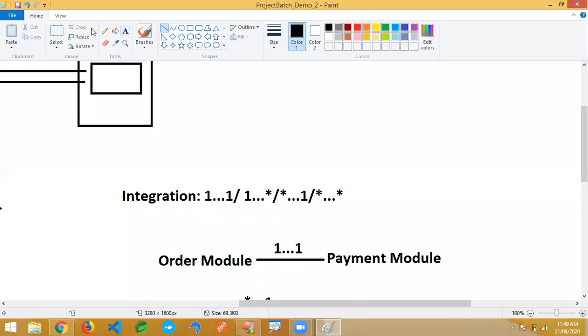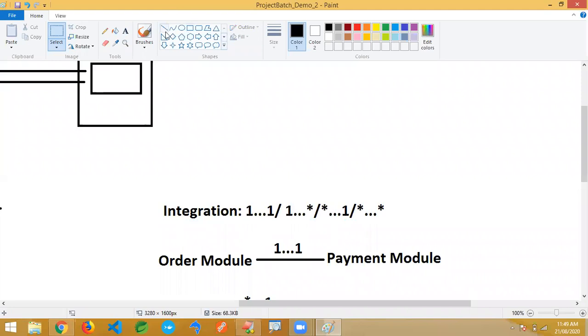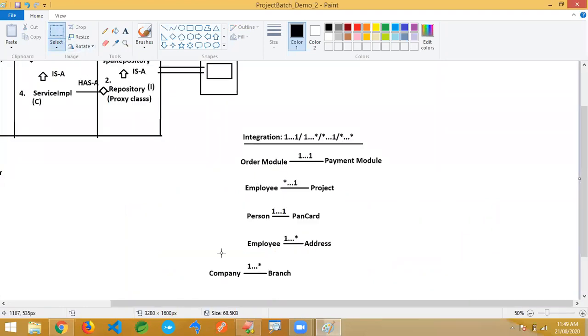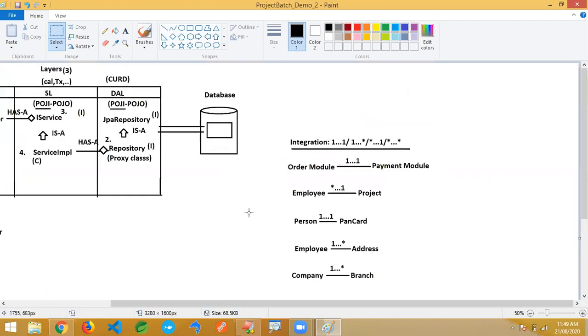Okay, you might have practiced individual programs in your regular sessions, but it's not a simple one. This is a very complex one, but it is a very important one in the project. If you're saying you have done a project, it must be there. Without this, if you did a project, that's not called a project, that is called a program. That's actually called a small program here. That's never called a project. Every project should have something like integration, at least a few, if not all. In our project, we are going to have multiple integrations also.